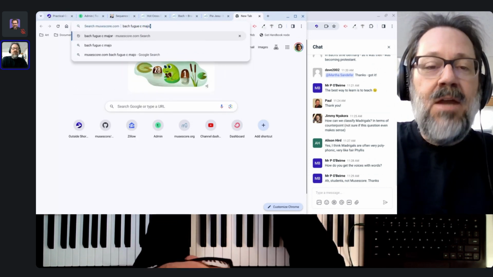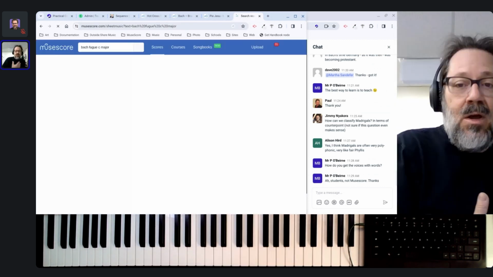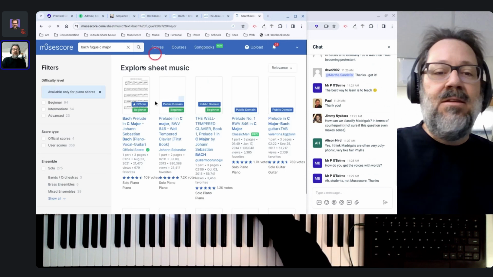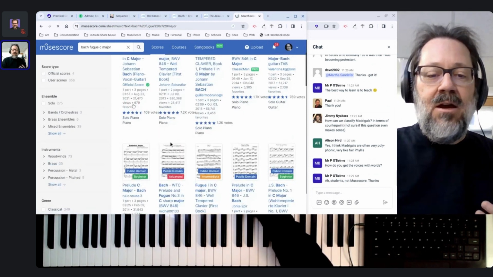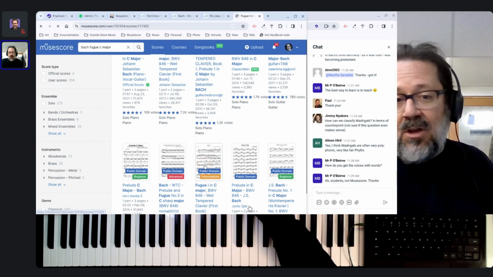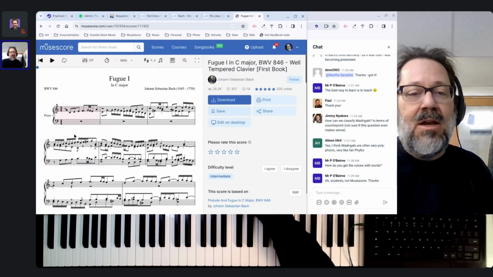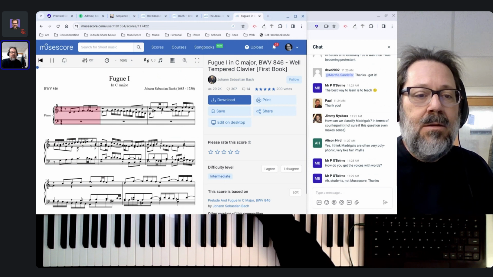Fugue in C major. This is usually everyone's biggest introduction to the idea of counterpoint, what are called fugues, and fugues involve imitative counterpoint. So we're going to hear this melody come in, and then you're going to hear it get imitated. So here's,